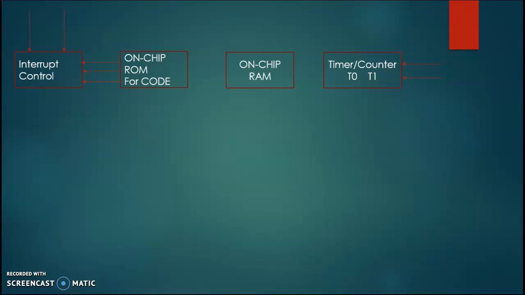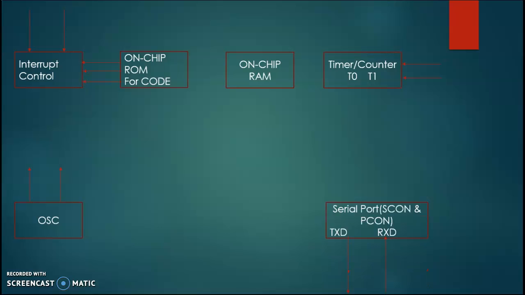Next component is oscillator. Generally, we know that microcontroller is a digital device, therefore it requires a clock pulse for its operation. For this purpose, microcontroller 8051 has an on-chip oscillator which works as a clock source for the CPU, that is central processing unit of the microcontroller. The output pulses of the oscillator are stable. Therefore, it enables synchronization of all the work that microcontroller 8051 is performing.